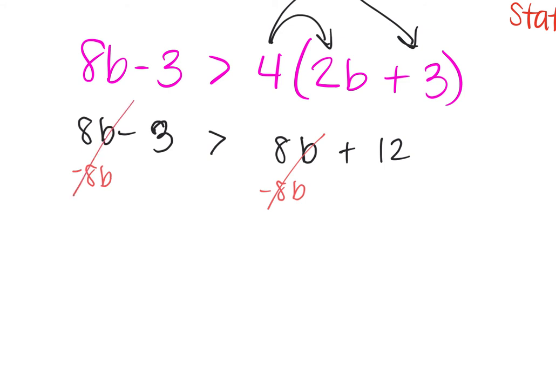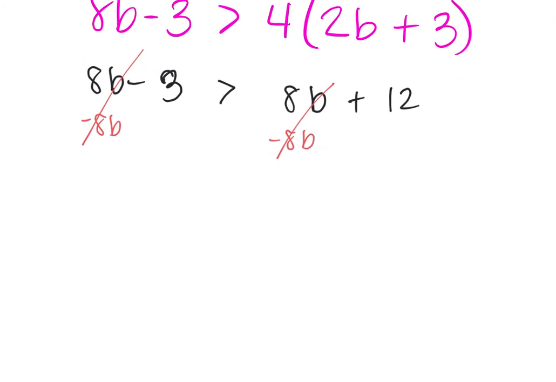This is where things get tricky. So look what we have. We have no b's remaining. We just have -3 is greater than 12. Now, we only have numbers now. We have no b, so we're done solving, right? But is this a true statement? Is -3 bigger than 12? Jonathan? No. Put a giant X, write false,